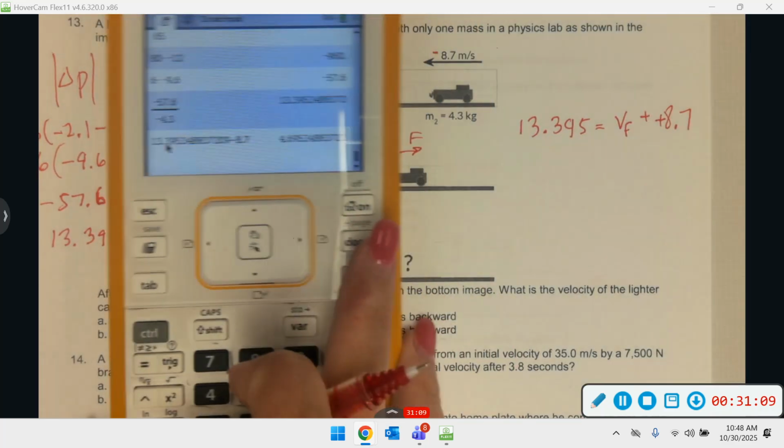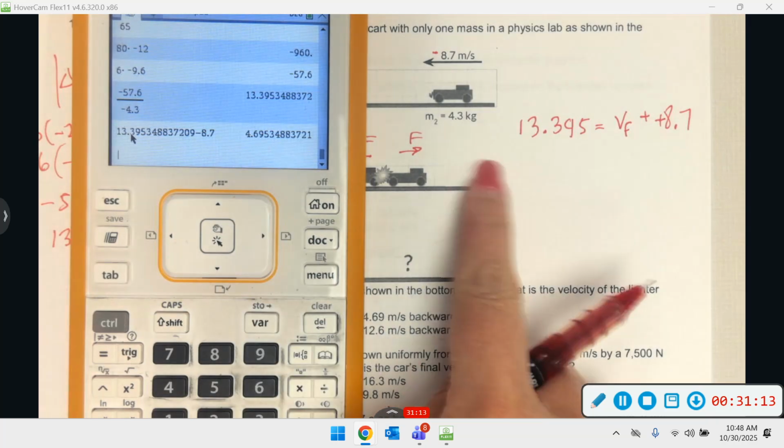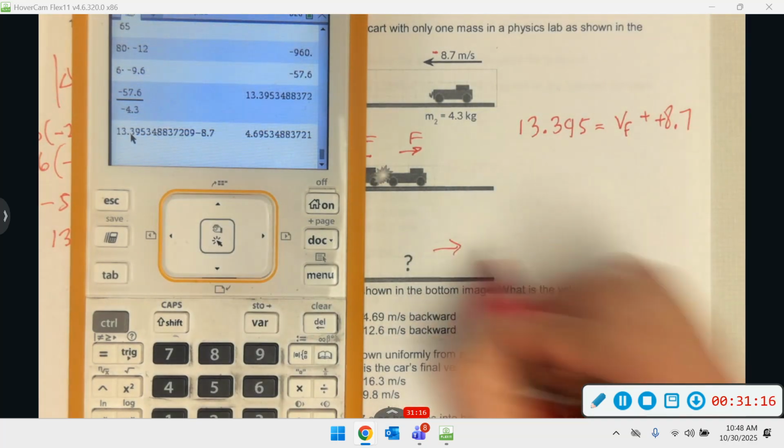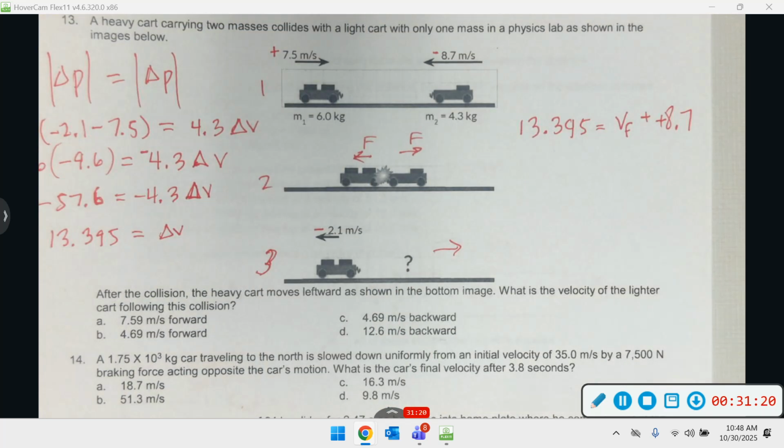And you get this. Okay, and it is positive. It's going in this direction. Okay, now this is where it got kind of confusing because the words forward and backward are not really specific